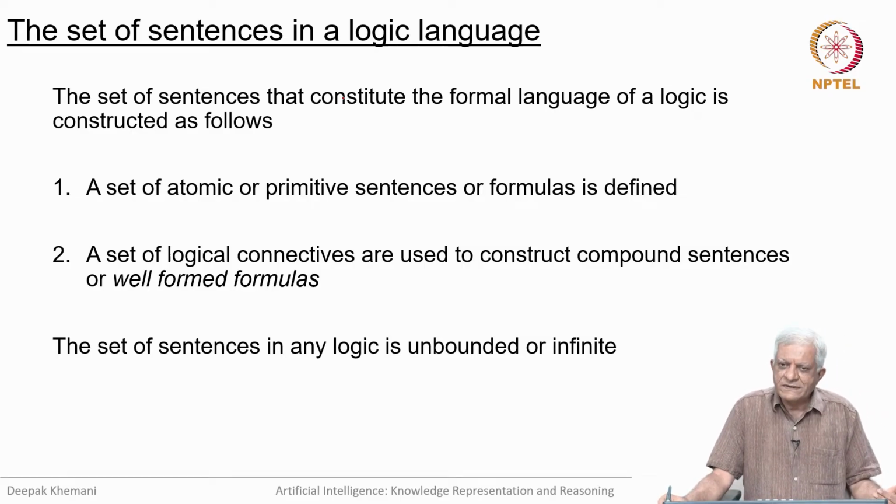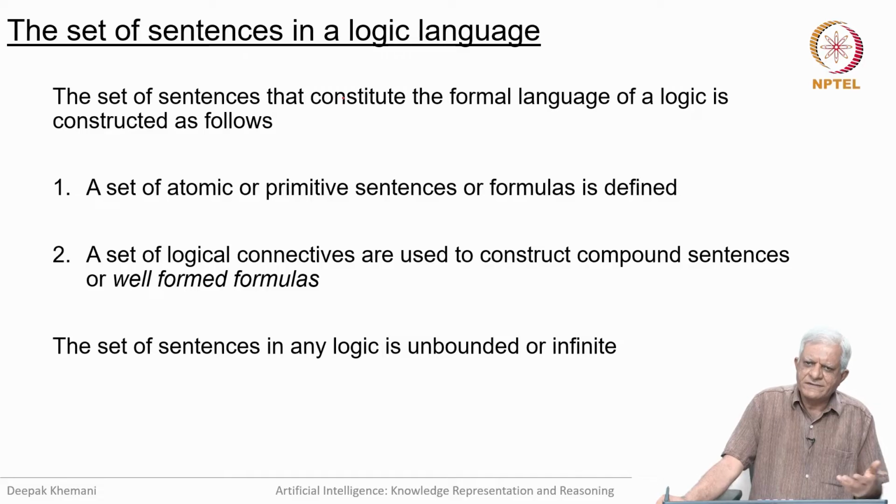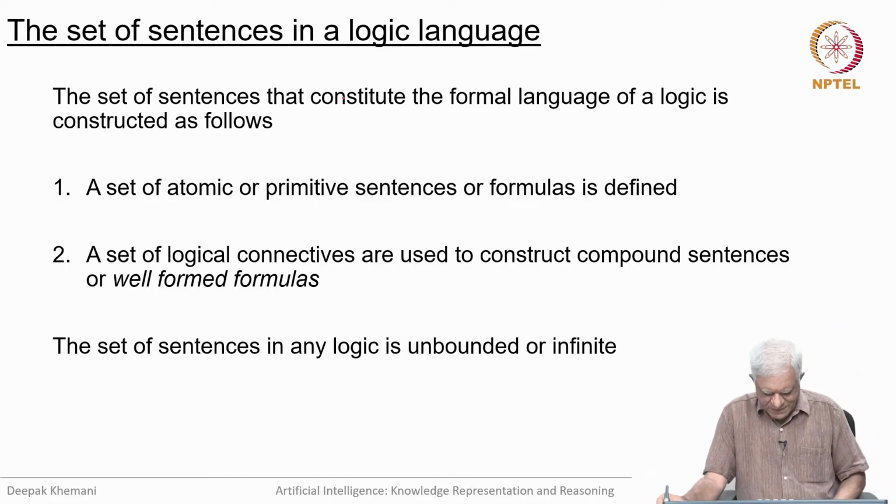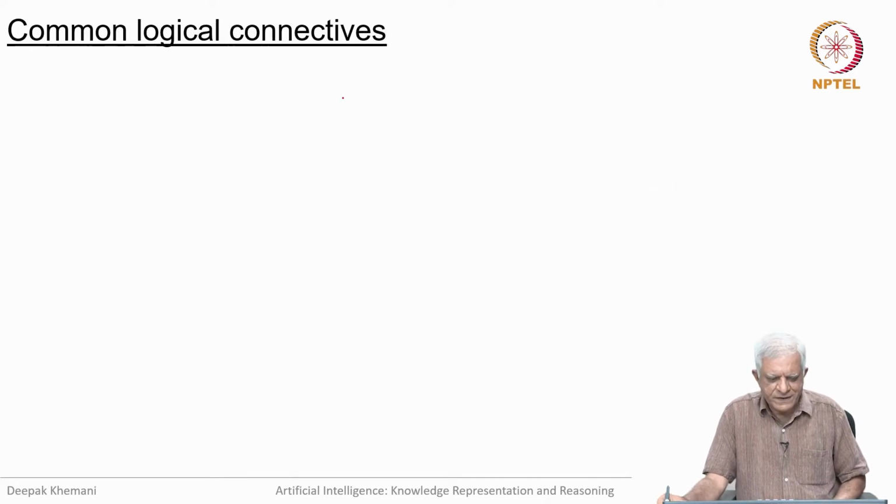What do we mean by a compound sentence? Basically, a sentence which connects two sentences in some way. So, we can say, the earth is round and the moon is beautiful. So, there are two sentences. One sentence is the earth is round, the other sentence is the moon is beautiful, and this is a compound sentence because we have used an and. That is the basic idea behind logical connectives. So, there are different kinds of connectives, and is just one of them.